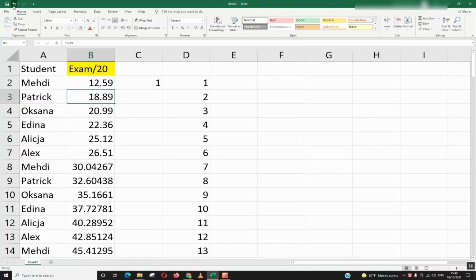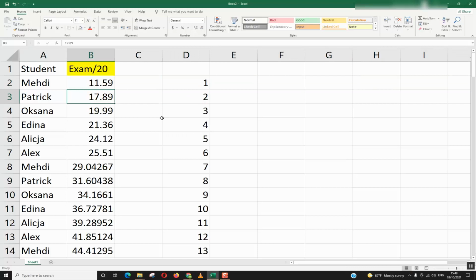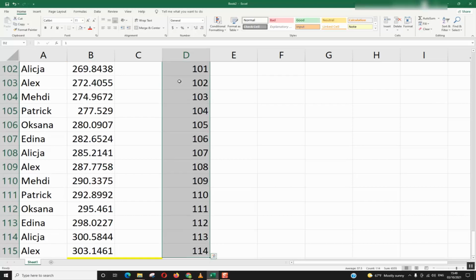Now, let's imagine I want to add different values. So for each row, for example, in the first row, I want to add 1. In the second row, I want to add 2, 3, 4, 5. And this can be applied to a column or to a row. To do that, again, just select the entire column,